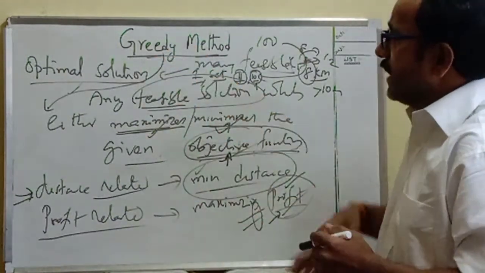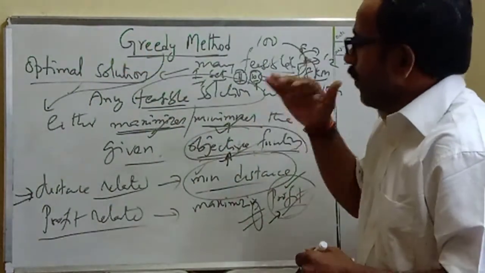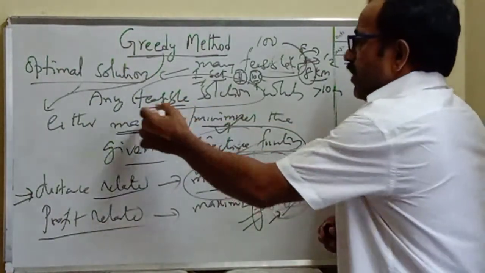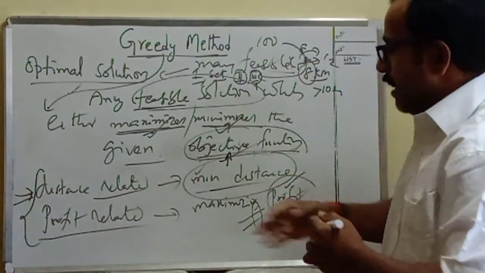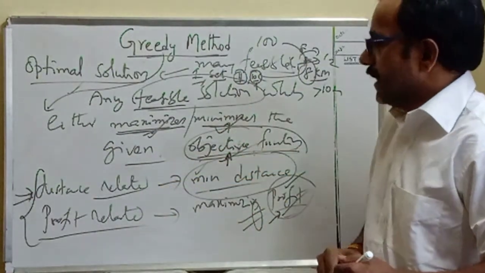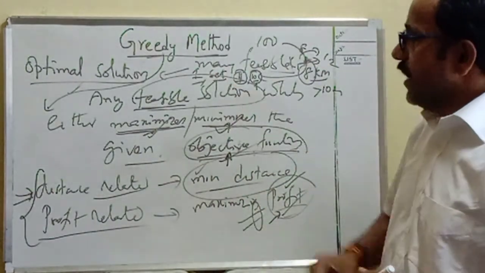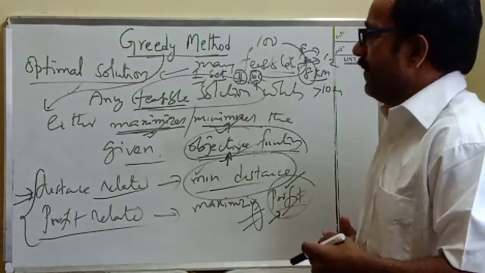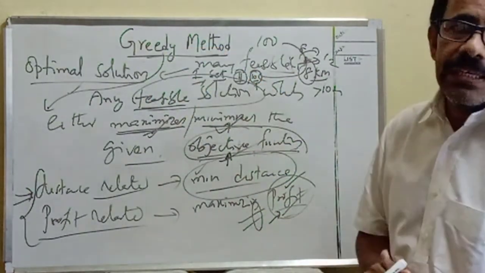So the aim of the greedy method is, whatever the examples that come under the greedy method, we are going to calculate the optimal solution for that particular problem. So this is the definition of optimal solution, and these are some examples coming under optimal solution, and by using these constraints, we can solve so many problems under the greedy method. Now I am going to show the general method. There is one general algorithm. By using that general method with a slight modification, we can construct algorithms for the problems which we can solve under the greedy method.